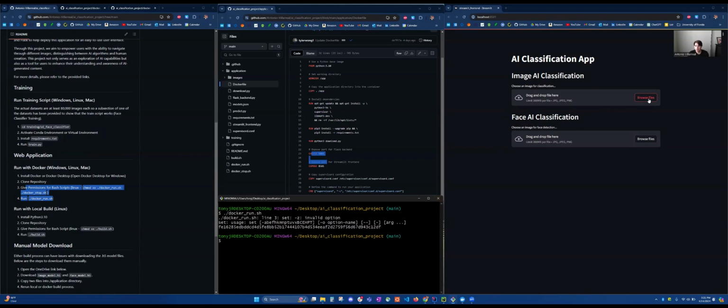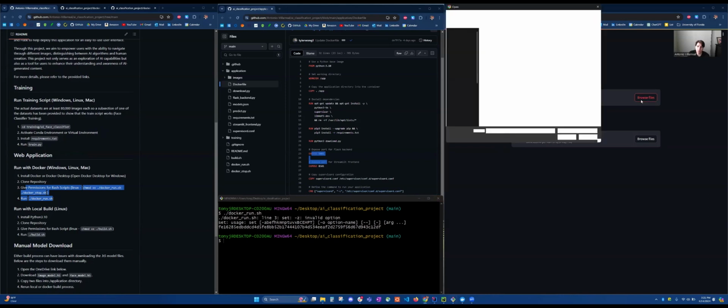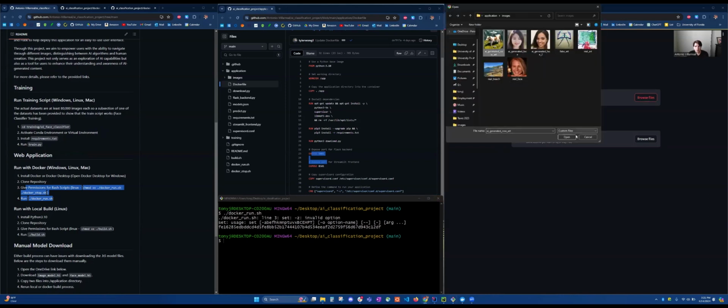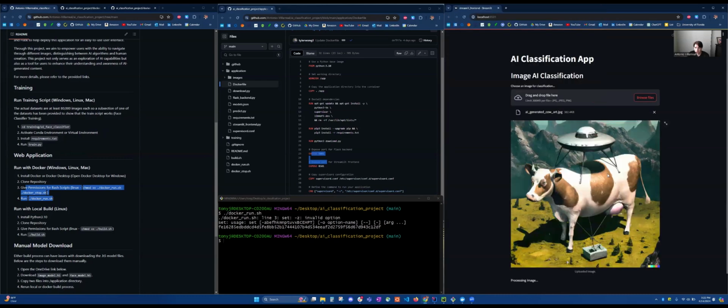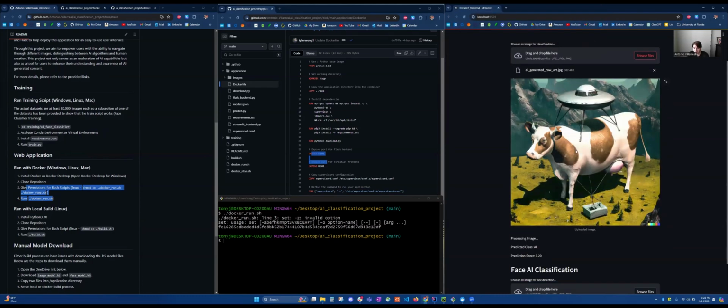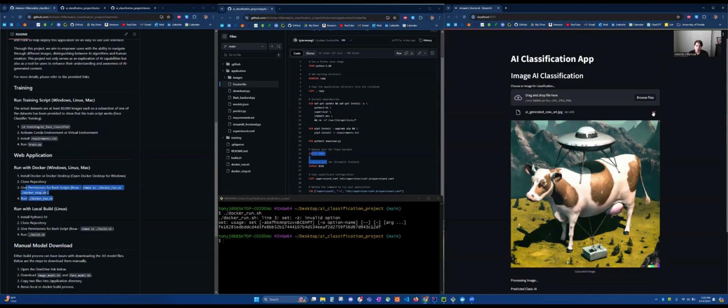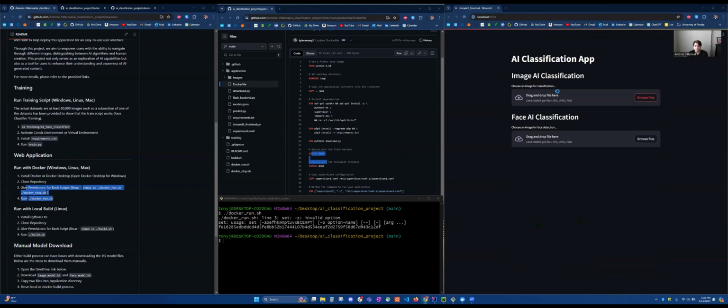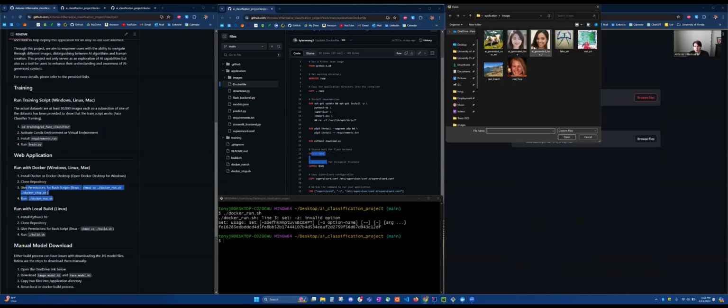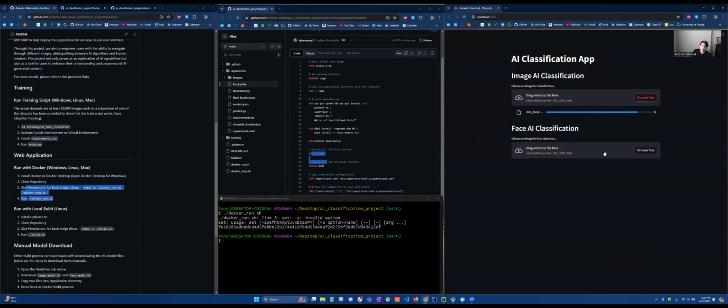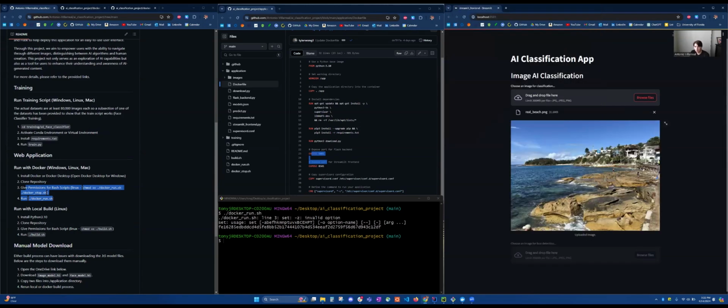So as you can see on our right, here's our AI classification app, and I'll demo some images. We include some images in the repository. So for example, this AI generated image of a cow with a flying saucer is detected as AI and it has a prediction score. It has a prediction score because we use a sigmoid activation function, which is able to provide basically a prediction score. This is another example of a beach from Australia, a picture I took personally, so I know it's a real image. And this will come up as real, but as you can see, the prediction score is not